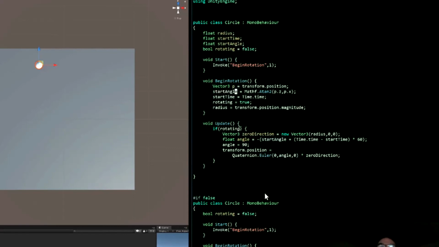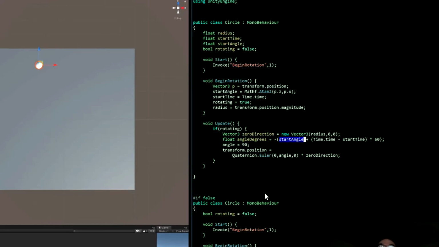Oh, it means the start angle. Oh, wait a minute. Yeah, hang on. Start angle is actually in radians. That's why. 1 radian is about 60 degrees. And if it's 1, it's going to seem like it's practically 0, isn't it? So,